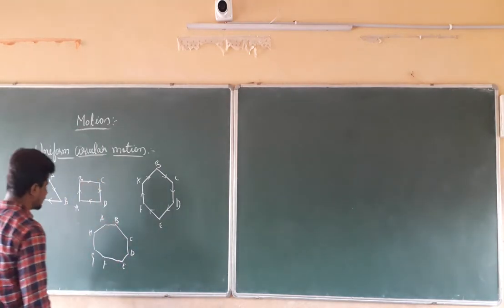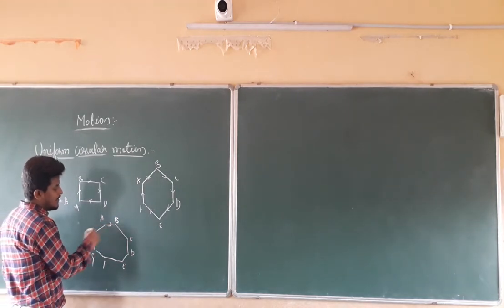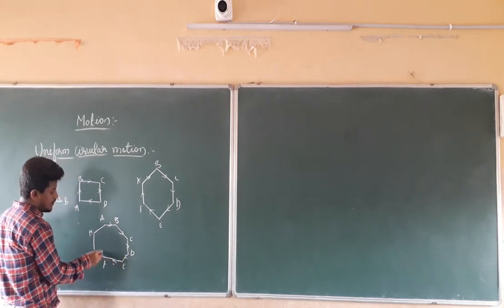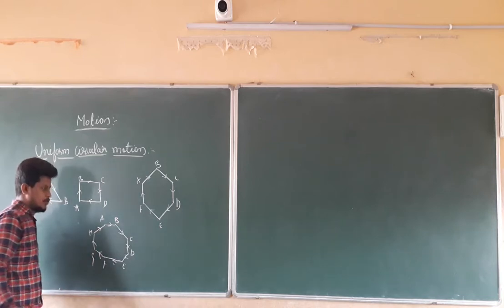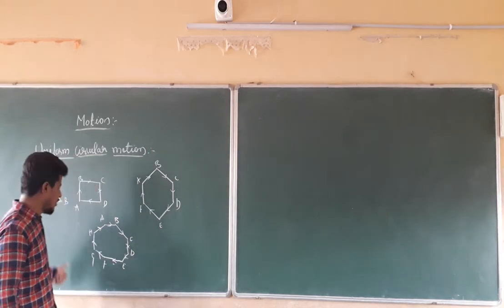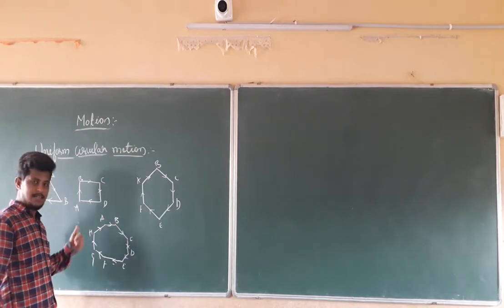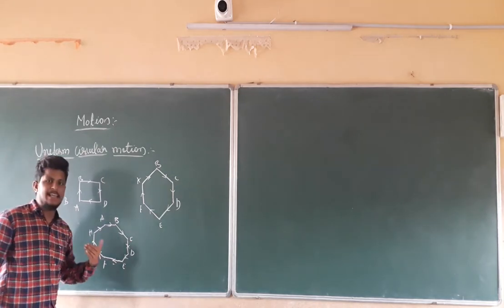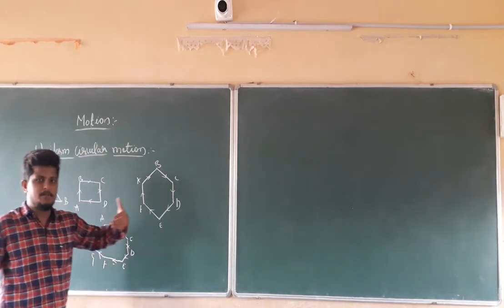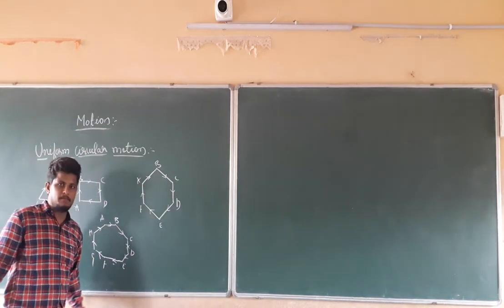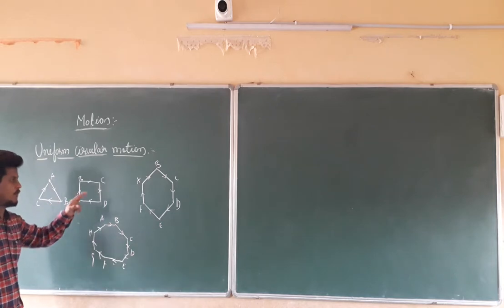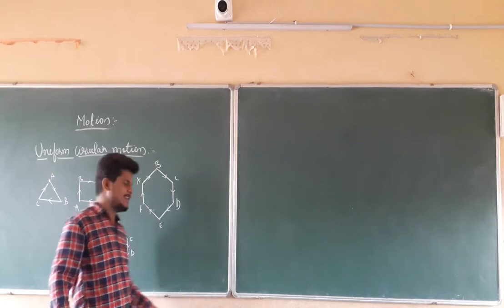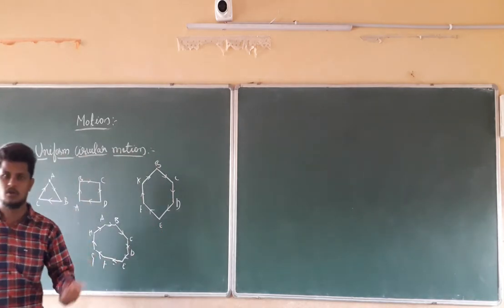So if we start from point A, he moves to B, B to C, C to D, D to E, E to F, F to G, G to H, H to A again. In this journey to complete one round on the octagonal path, he is going to change his direction 8 times. If he goes on increasing the number of sides, here we take the number of sides 3, 4, 5, 6, 8. If you increase the number of sides to 10, the number of changes of direction is equal to 10 times.